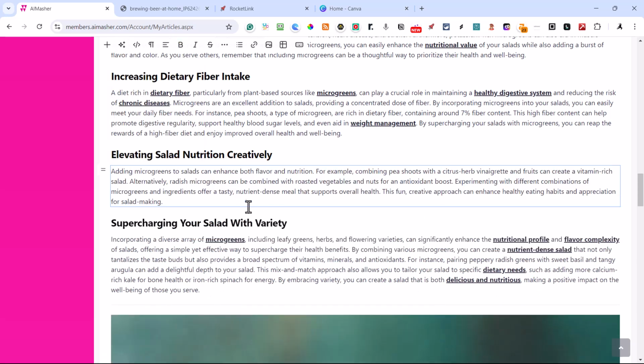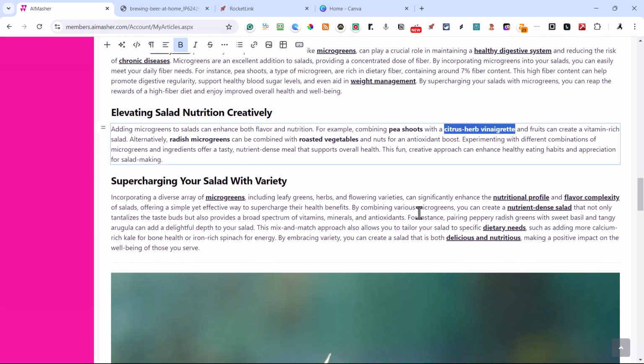Okay. And you can bold these if you want to come back and let's say roasted vegetables. That's an interesting term to use. Roasted vegetables, radish microgreens. That would be another keyword I'd want to highlight. And combining pea shoots with a citrus herb. Okay. So you can do these, and it looks like they're underlined too. So if you want to underline them, you can do that as well.